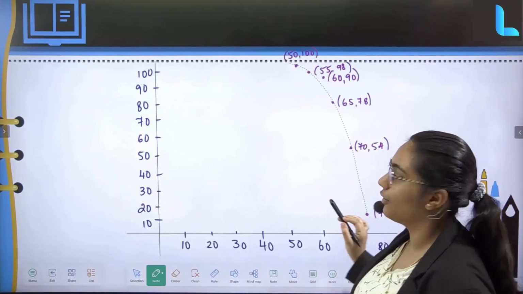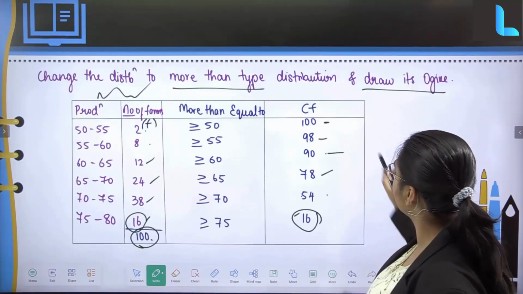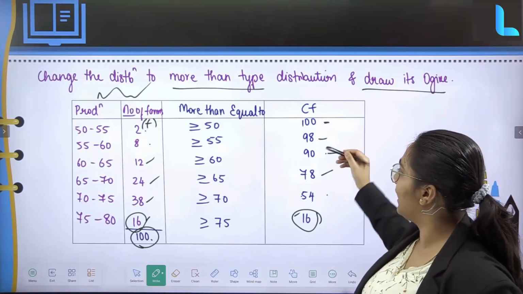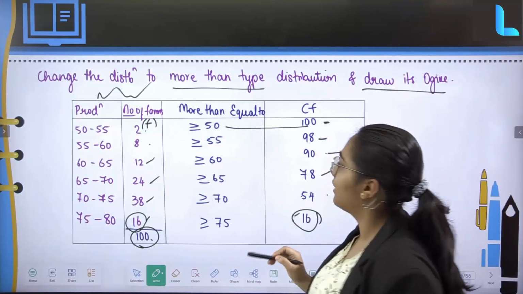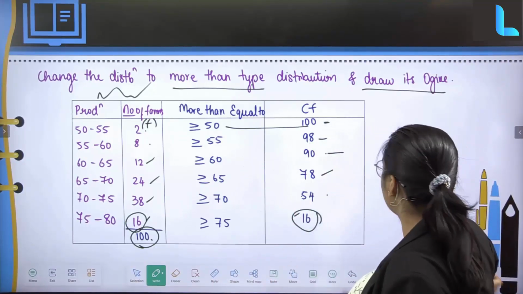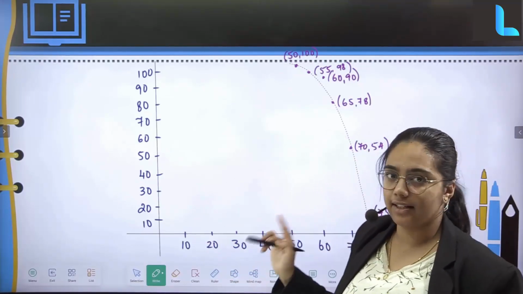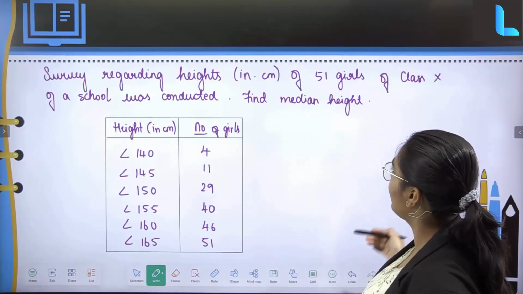Now the next part is you have to draw the ogive. So what is that basically? So I have got over here certain values, right? 100, 98 and everything. So greater than or equal to 50 and 100. So 50 comma 100 is what it is going to be. See, on my x-axis and my y-axis there are two different things. See, 50 comma 100 is what I have written.